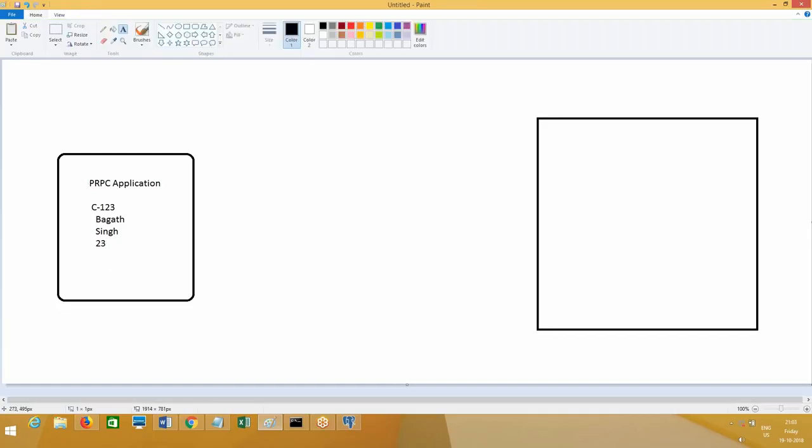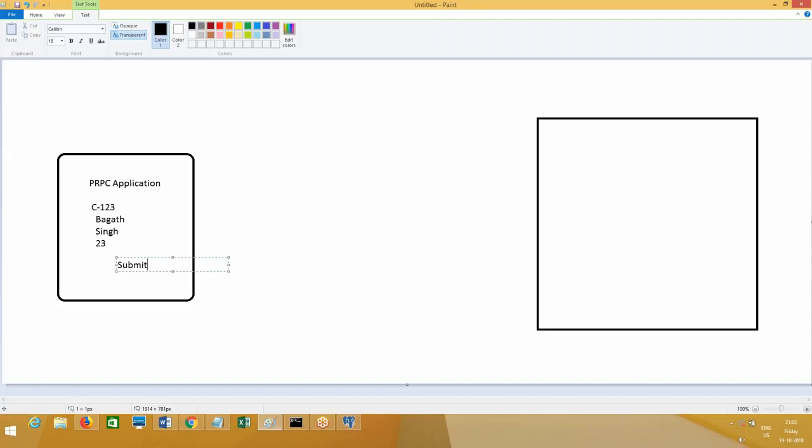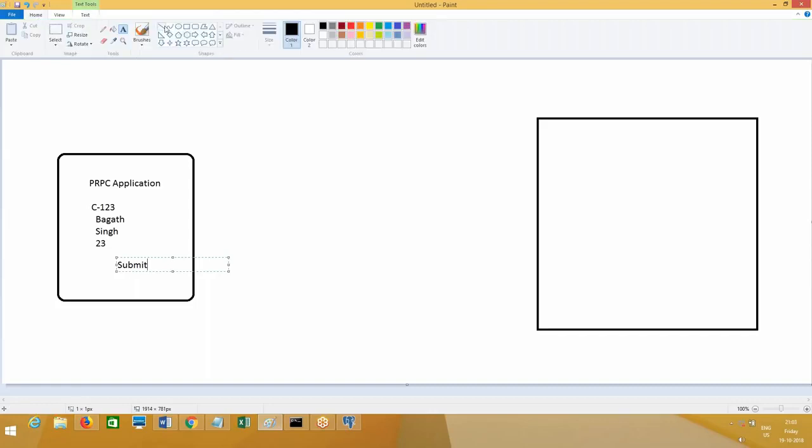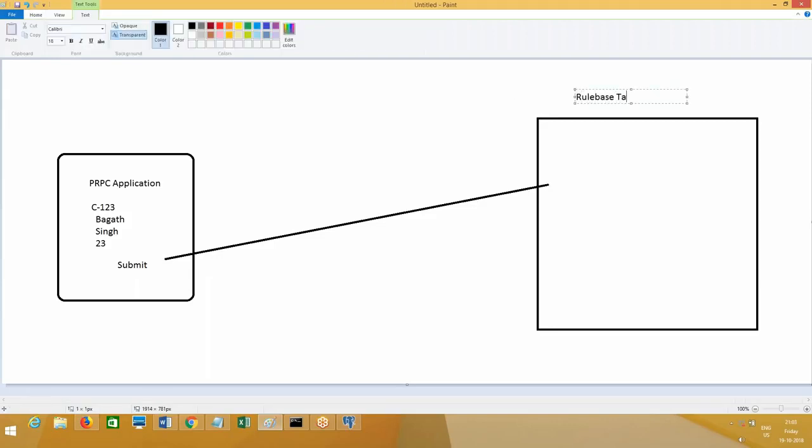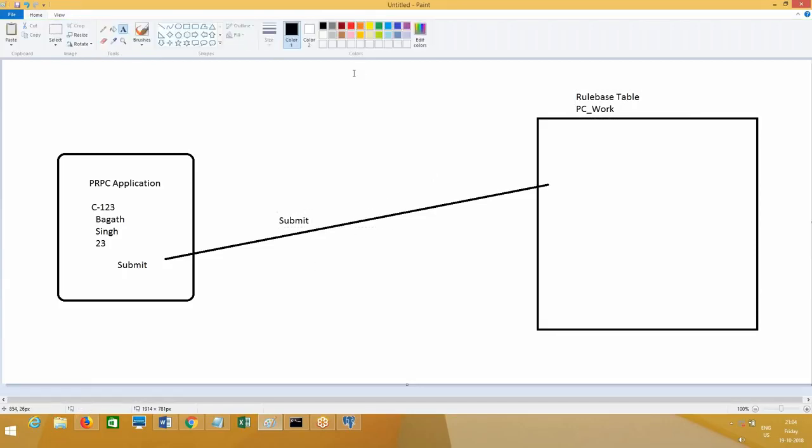So once you submit, what is happening? On submit, this is a rule based table. What is the table name? Can you tell me? Generic name? PC underscore work. So you submit it. Once you submit, it is getting stored into only two columns. I am going to draw now. What two columns can you guess and tell me? pyID, pzPVStream.